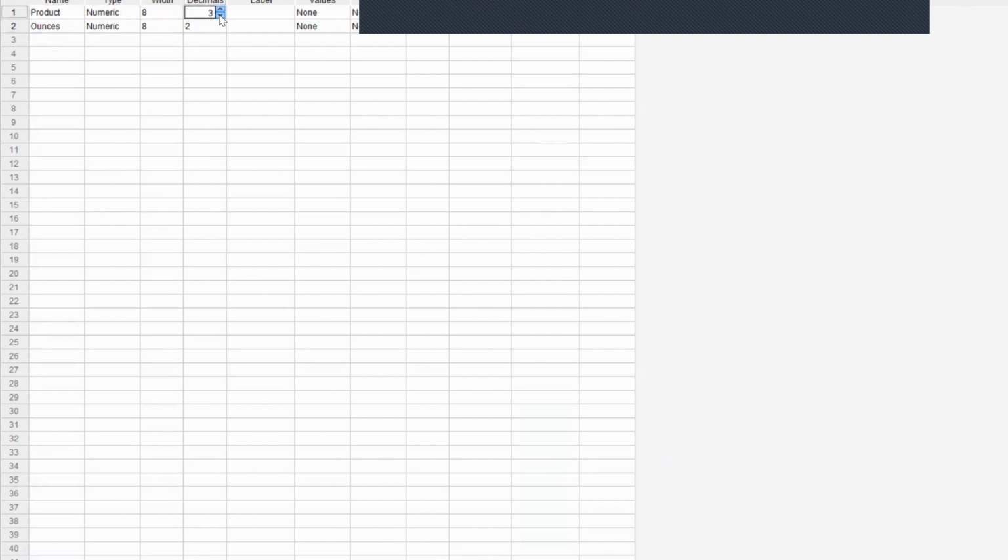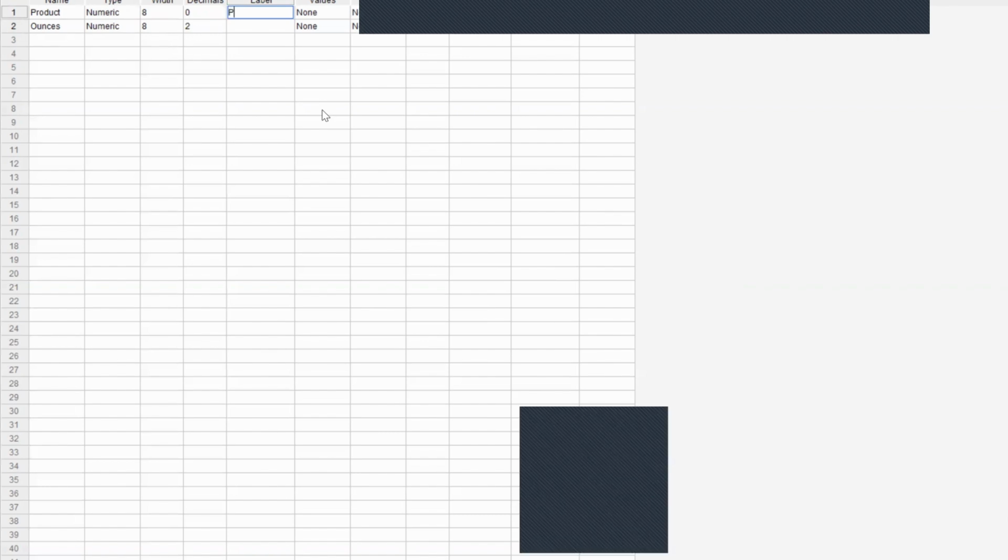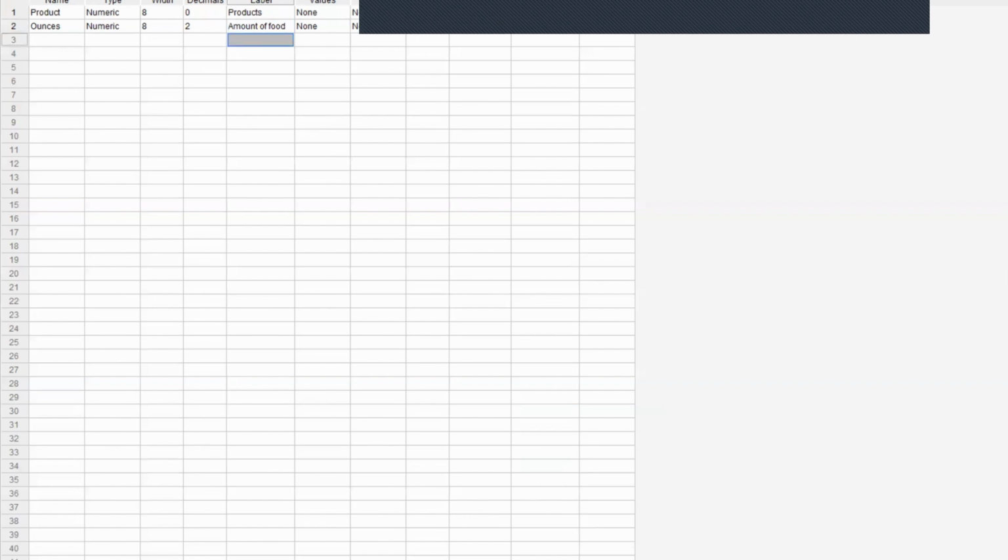Of course, product doesn't need decimal values, and I can label them as well. Product, the different meat products, and the second one is amount of food. And the measurement for the first is nominal, and the second one is